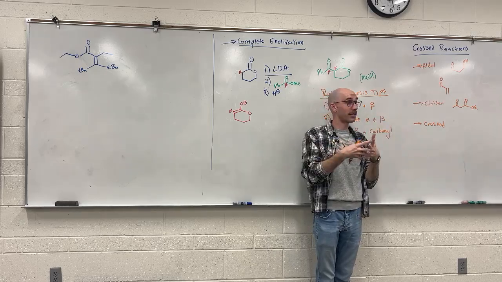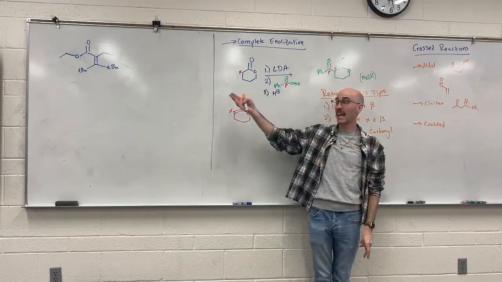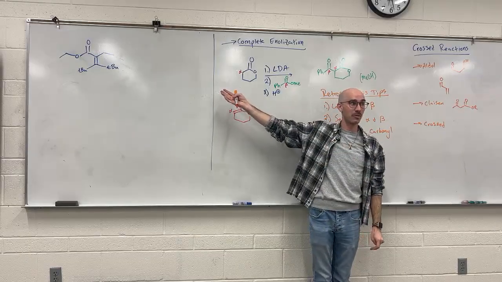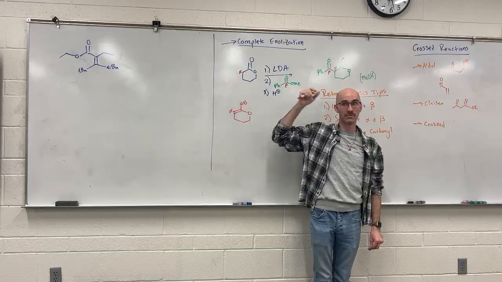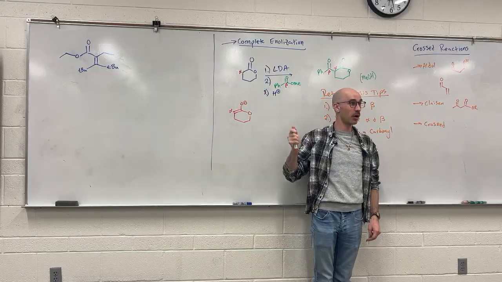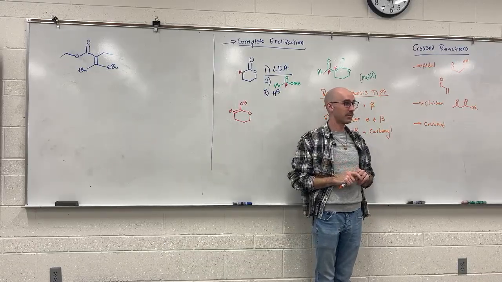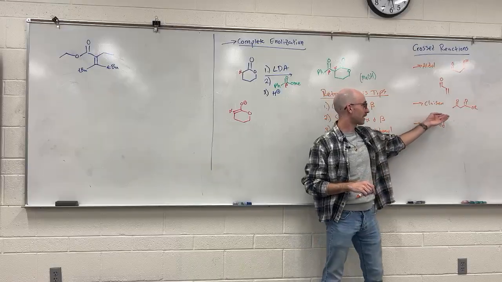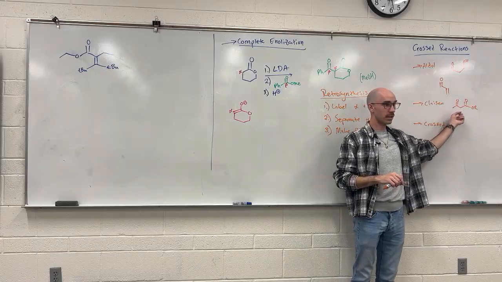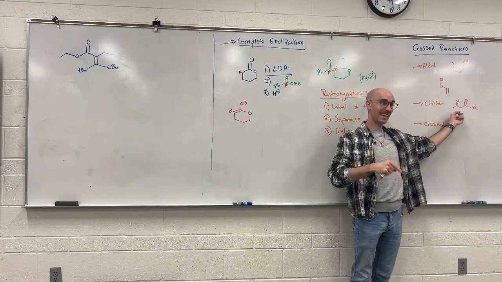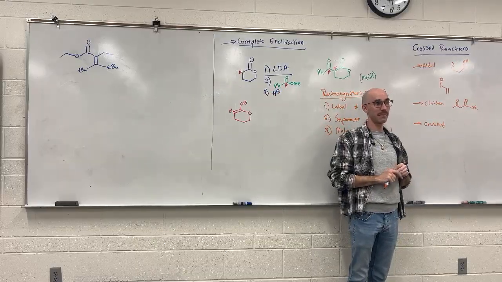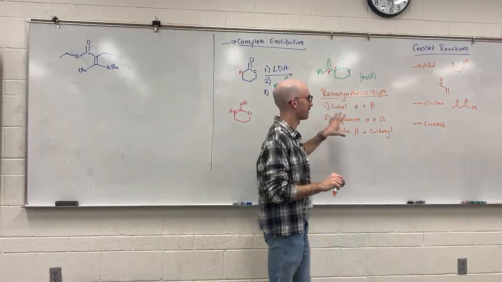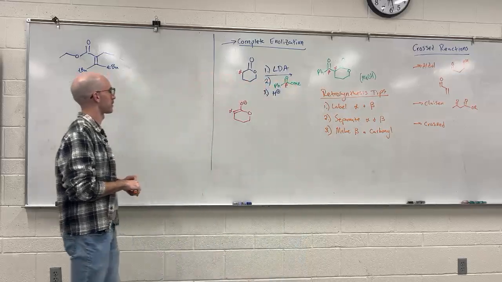So now we're crossing them a bit. I can get a conjugated ester, which means I'm not just working with aldehydes or ketones. I'm going to need an ester involved here at some point. But it's not Claisen, because Claisen gives me beta keto esters, and this is not a beta keto ester, right? And then how we're going to retrosynthesize it.